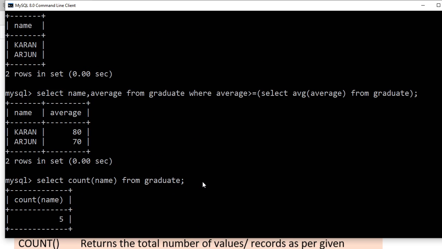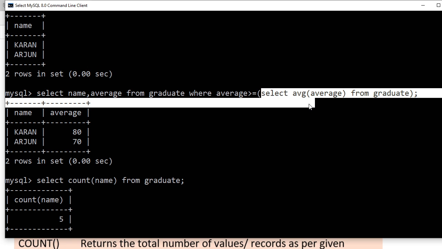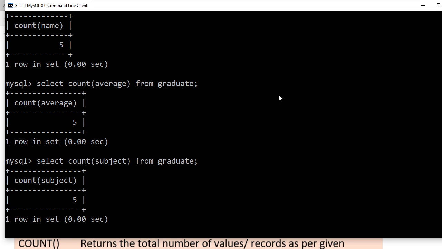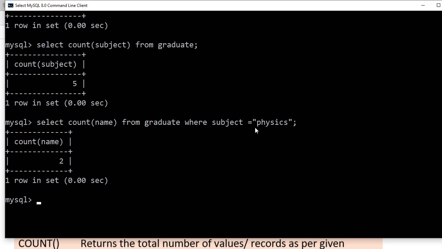You started with the select command, no? So still you are not understanding single row and multiple row here. Here you see, this is going to take out from multiple rows and find one specific value. But here, specifically only those having physics will be counted. So only two guys are here having physics.